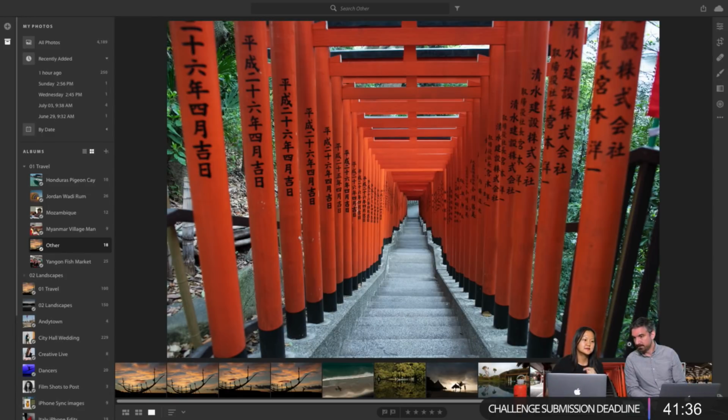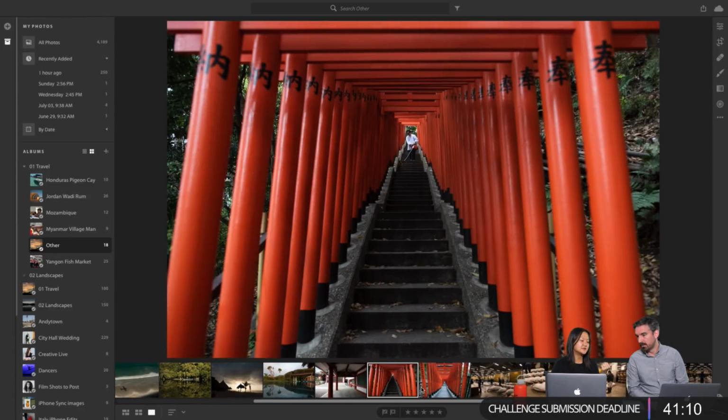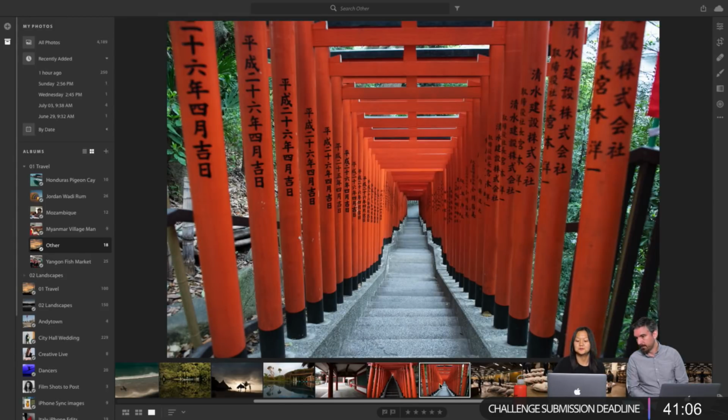The last couple times I've gone to Japan, I haven't had time to leave Tokyo, or I've had to do things in Tokyo. But one of the wonderful things about being in Japan is photographing these orange gates, the torii gates. You found torii gates in Tokyo? There are torii gates in Tokyo. Wow, I had no idea. It's not as extensive as Fushimi Inari in Kyoto, but it's still really cool.